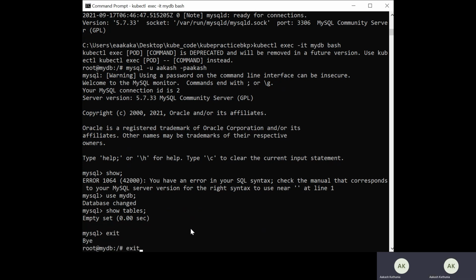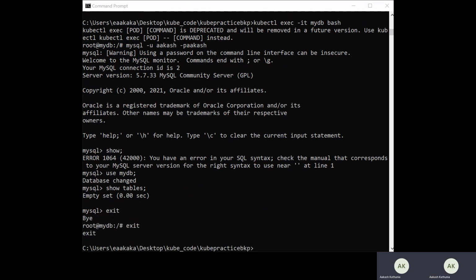So let's come out, and after that, now let me create the WordPress image. Now let me just create the code for the WordPress image. In order to create the same, I can use kubectl create, and uh, kubectl run, and then I can use the WordPress name.